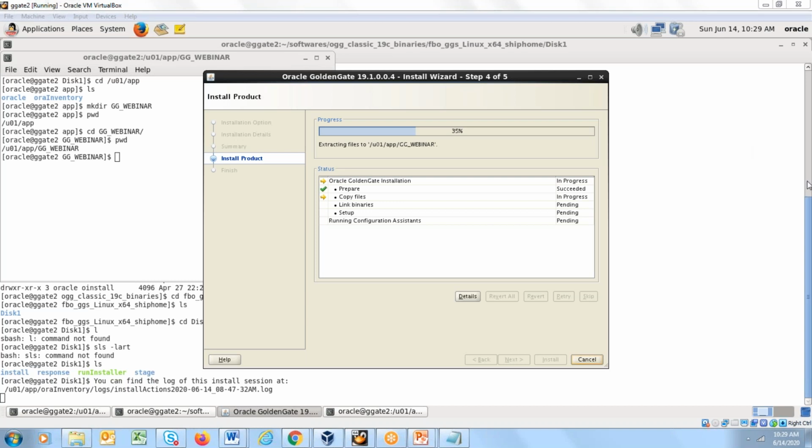So we can install different versions. Yes, you can install different versions. Golden Gate supports forward compatibility as well as backward compatibility. So your source Golden Gate could be 11G, target could be 19C, your source could be 19C, and target could be 11G. Similarly, source database could be 12C, target could be 19C. So any combination will work with Oracle Golden Gate.